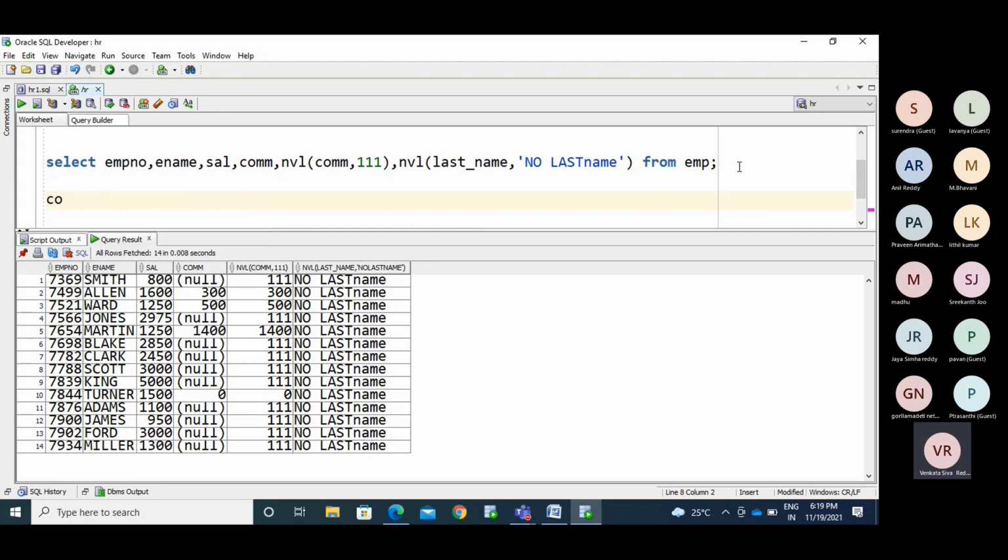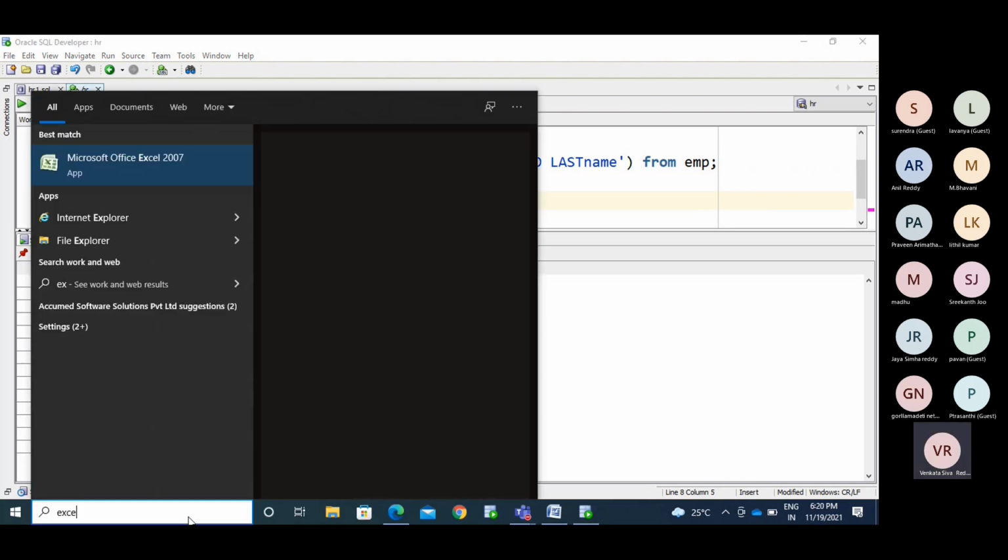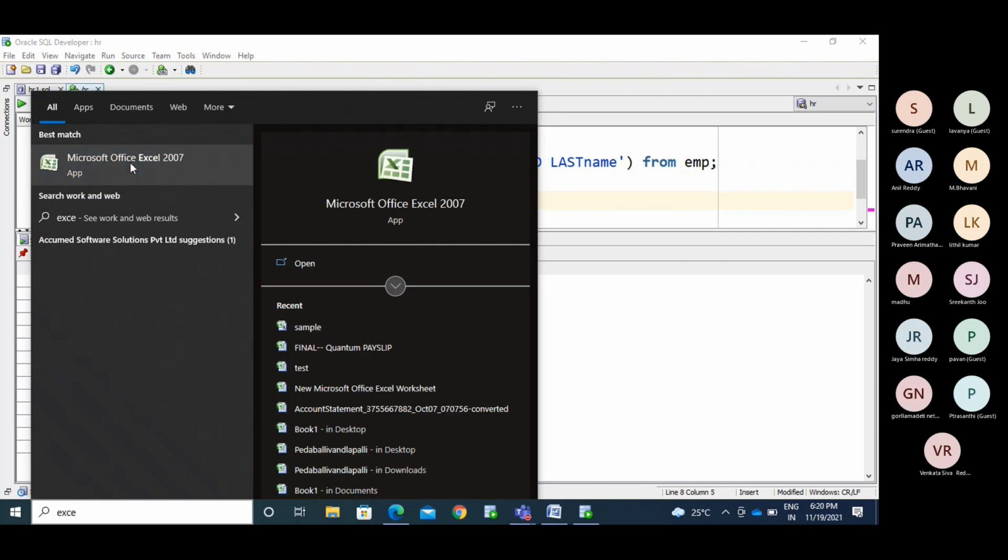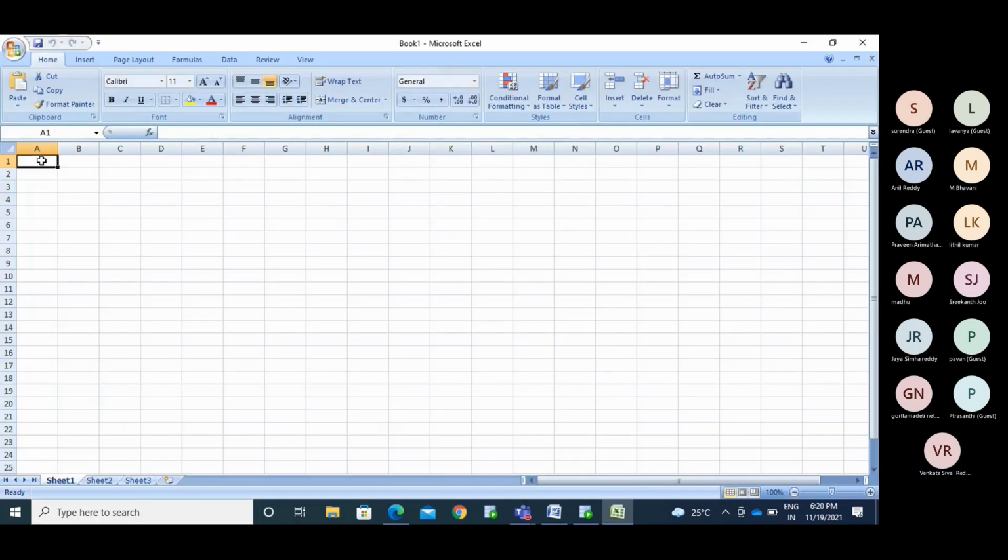So we have some column, take some Excel sheet as an example, with a hire date.